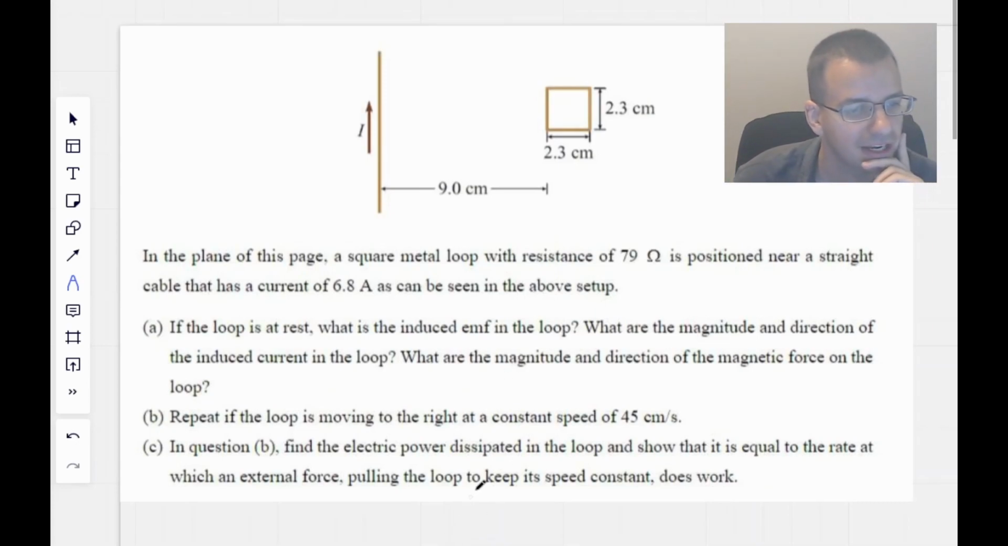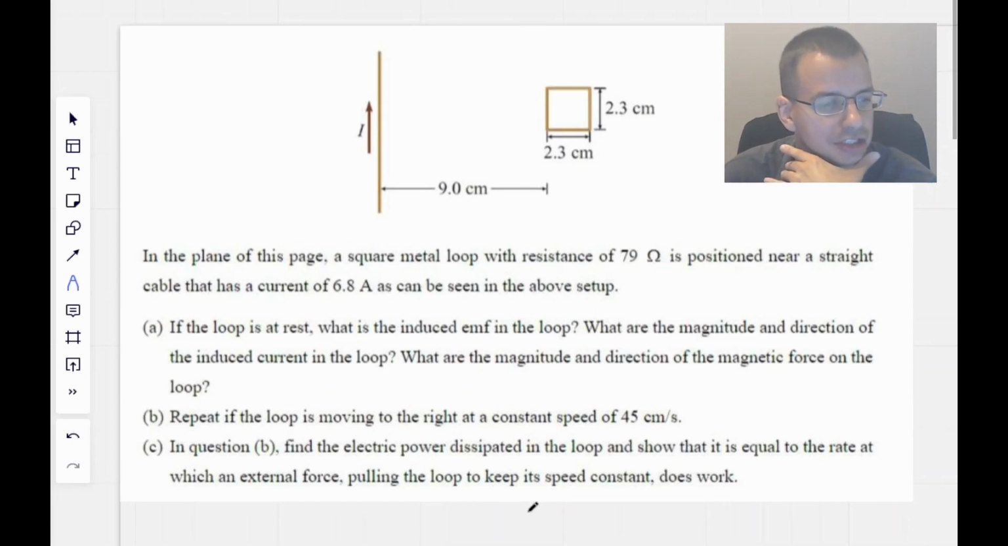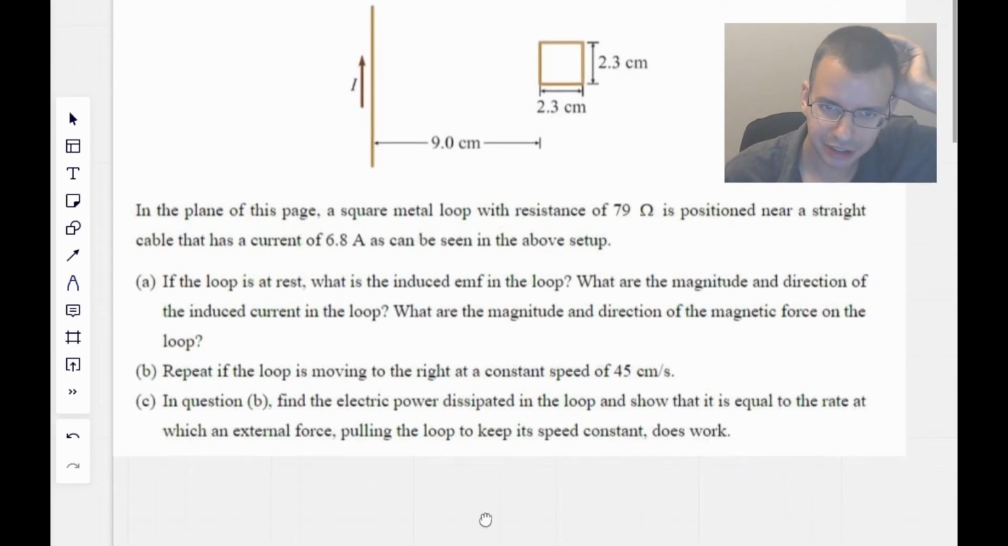In question B, find the electric power dissipated in the loop and show that it is equal to the rate at which the external force pulling it would be needed to keep it at a constant speed does work. Okay, so the basic question we're asked here is